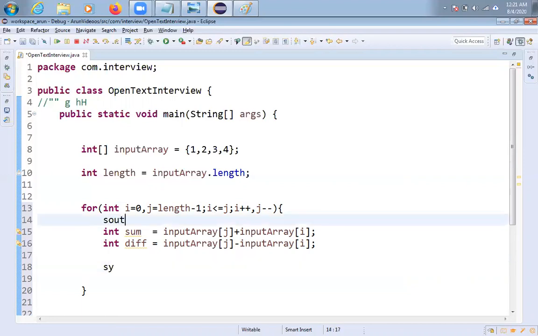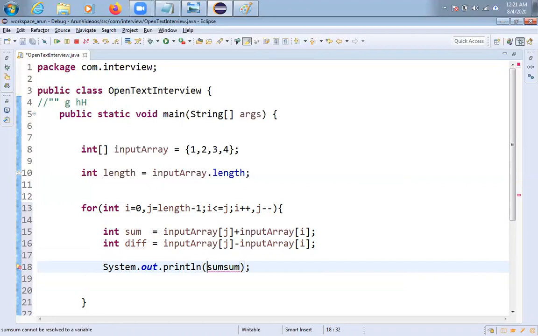So system.out.println, I am displaying sum and difference. In between, I am giving two hyphens. That's it, friends.